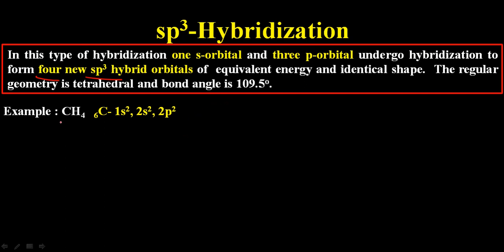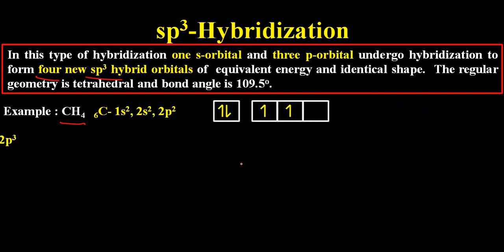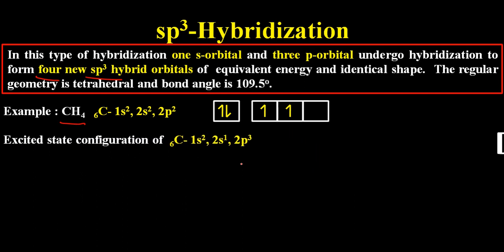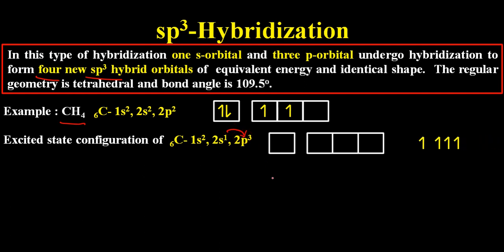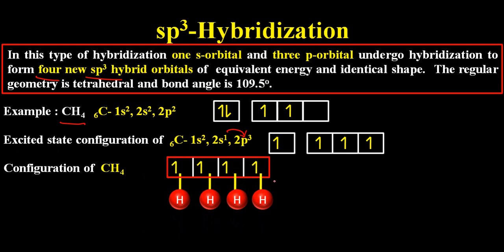As far as the example is concerned, we can have the example of methane, in which the central atom is carbon, having electronic configuration 1s2, 2s2, 2p2, and in case of excited state configuration, one of the electron can be excited from 2s subshell to 2p subshell. Now each orbital of 2s and 2p subshell is singly filled, means every orbital is now having one unpaired electron, and all these 4 orbitals can overlap to form sp3 hybridization, and each orbital further overlap through sigma bonds with 1s atomic orbitals of hydrogen to form 4 sigma bonds.